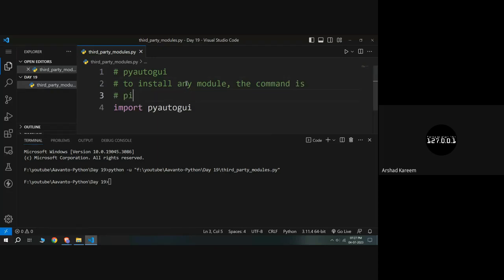First, pip is not a keyword, it is a command. So pip followed by install followed by module name. Like this, you can install any third-party module in Python, and make sure that you have connected to internet while installing. So in order to install PyAutoGUI module, our command is pip install